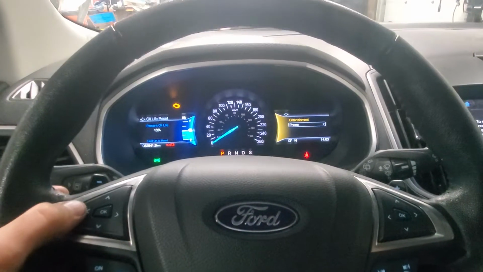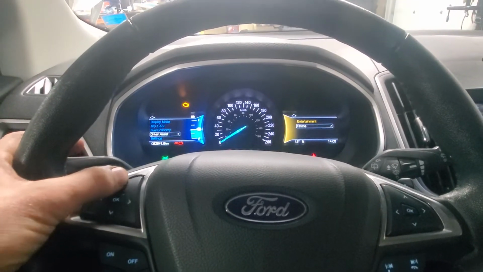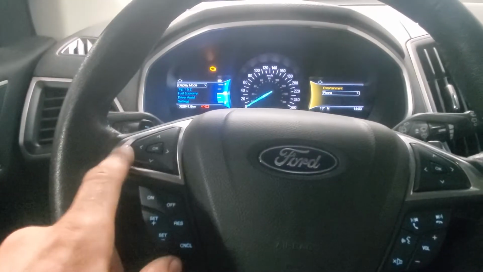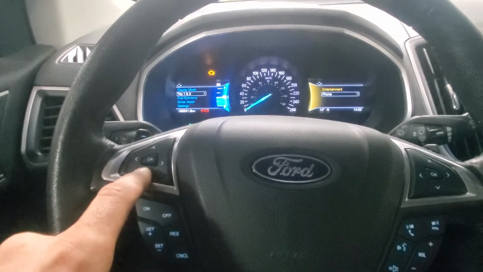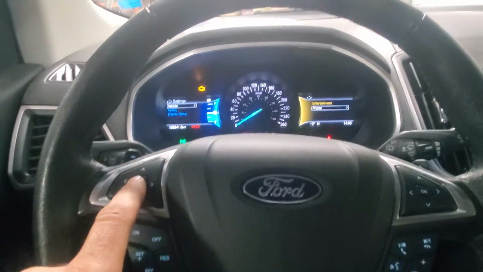So we're here, but we're going to go back and then we'll show you how to get into it. So let's say we're over in display mode. We're going to click the back button here. We're going to get into our settings. So we're going to go down to settings. We're going to go into vehicle